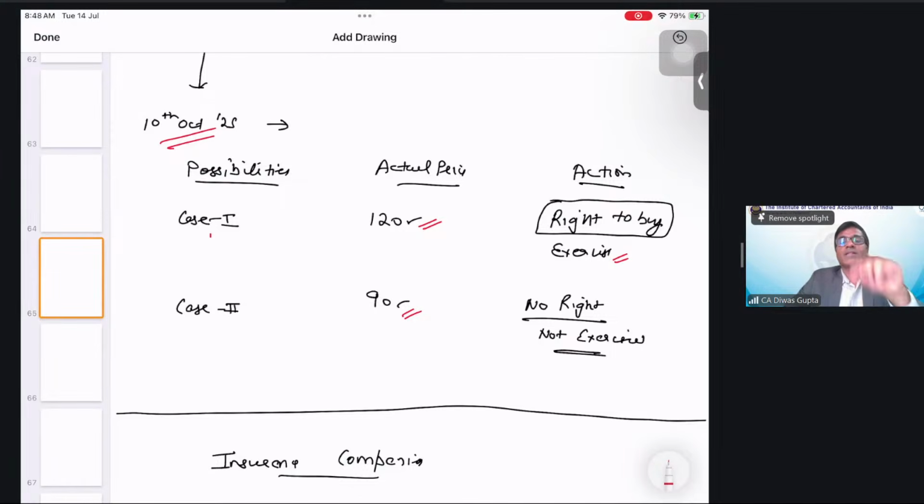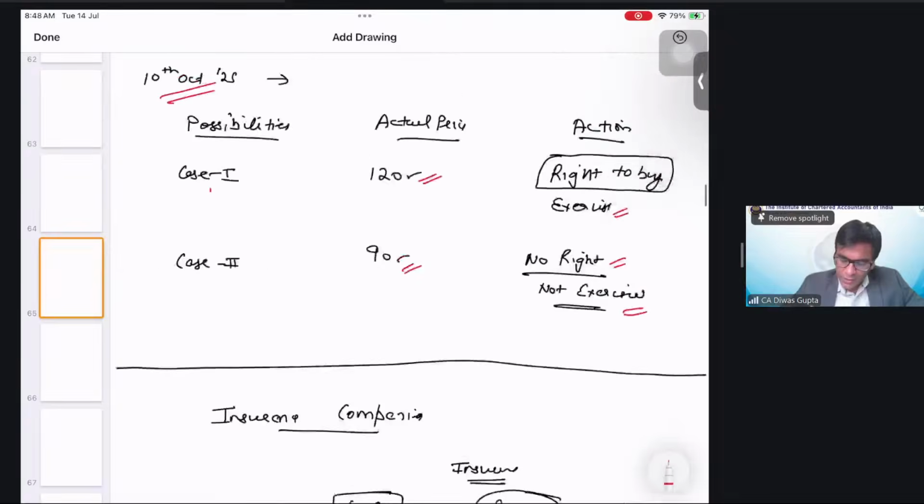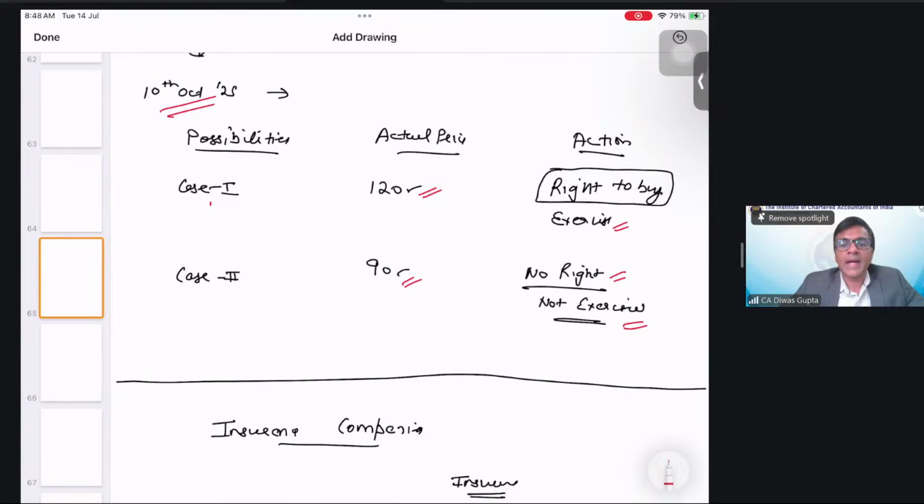So this is the difference. Now here, it's not a right. It will not be exercised and I will not be losing 10 rupees. Had this been futures, I would have lost 10 rupees here. Clear, students? So this is something that has to be